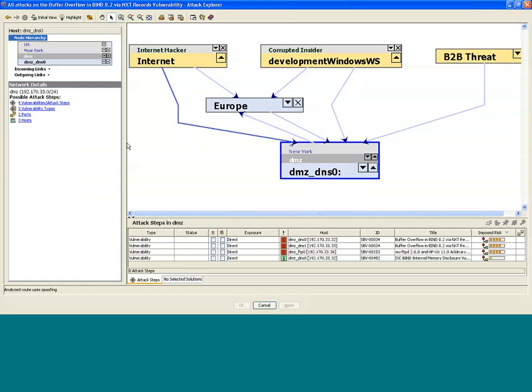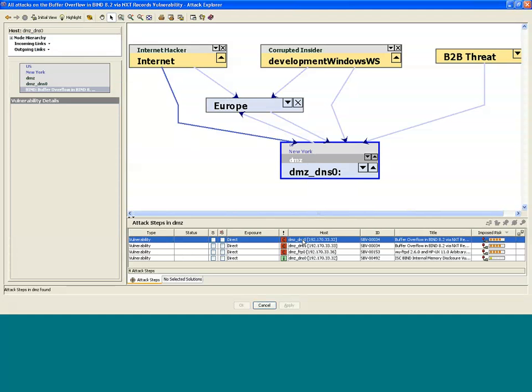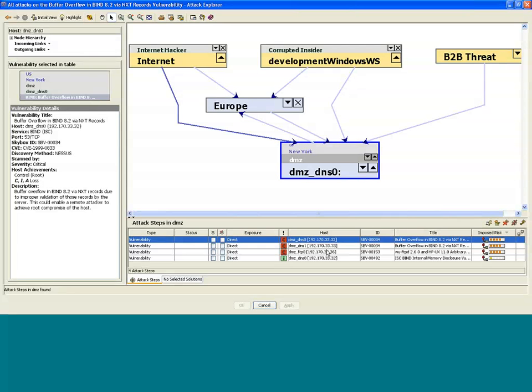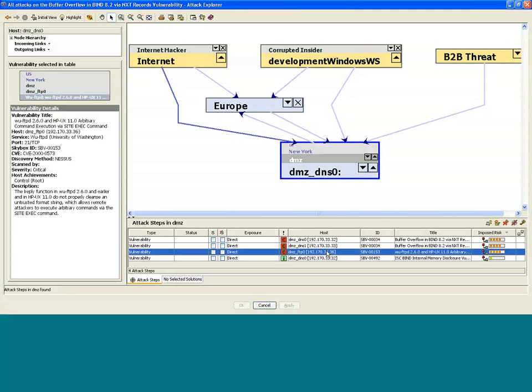and I can see that there's 4 vulnerabilities that can go in the DMZ DNS, and actually there's 4 of them that are directly exposed. I was just looking at the buffer overflow one, but there's also a WFTPD one. And at this point, I know that these 4 vulnerabilities can be directly attacked from the internet, and I should